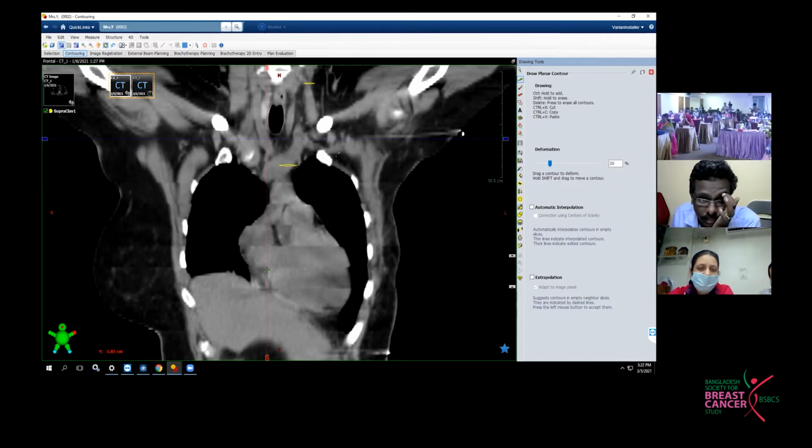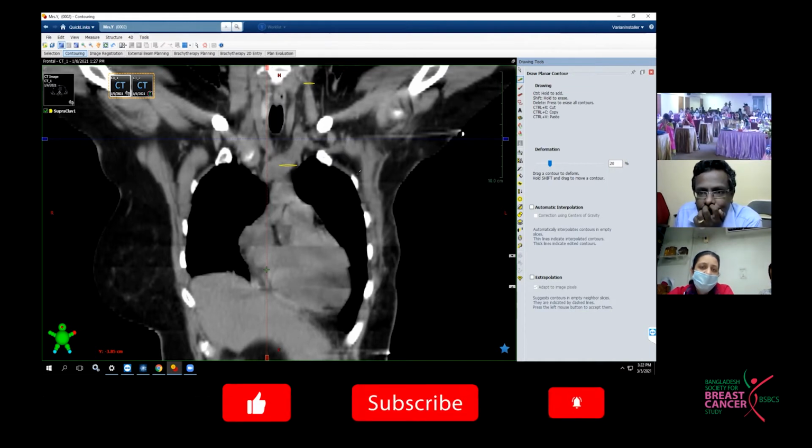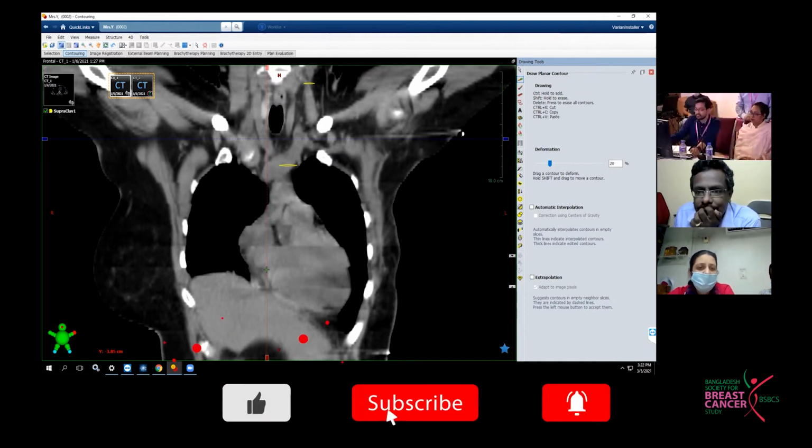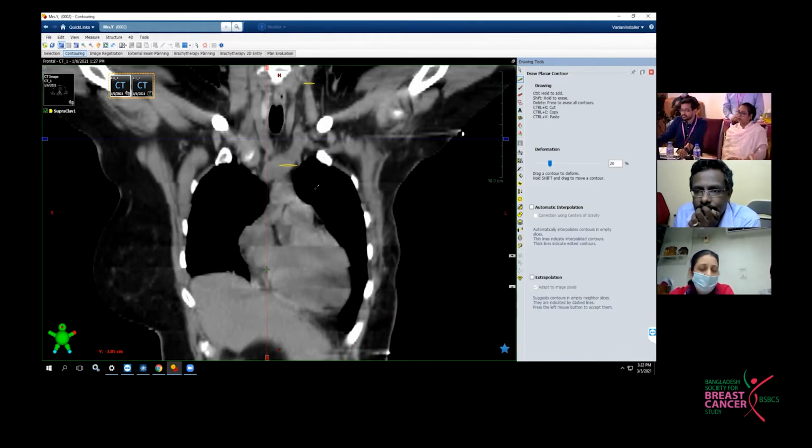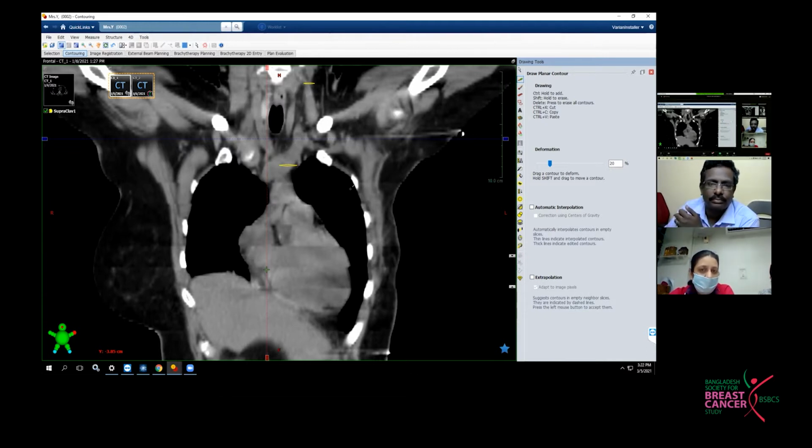So this is an important landmark for the caudal edge according to the ISRO guidelines. As was shown in the previous talk, recurrences are quite common in the lateral and the posterior aspect of the volumes. So restricting to ISRO is very conservative, and especially in N2 disease, like the case presented, it is not acceptable to limit with ISRO, and we should follow the RTOG guidelines only.